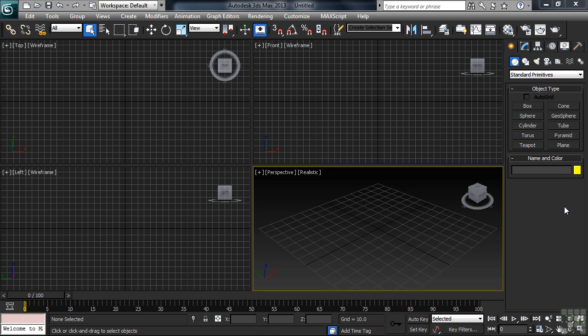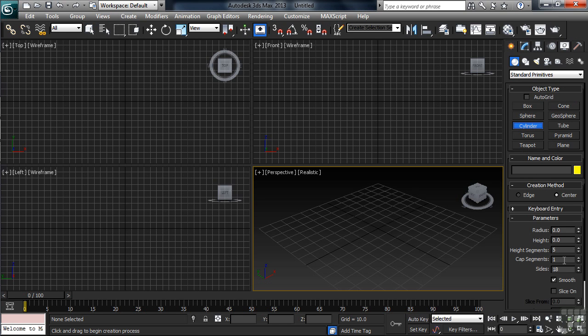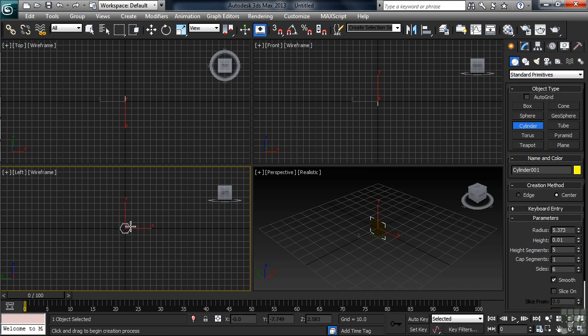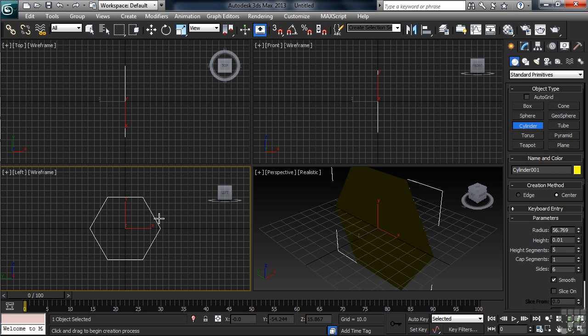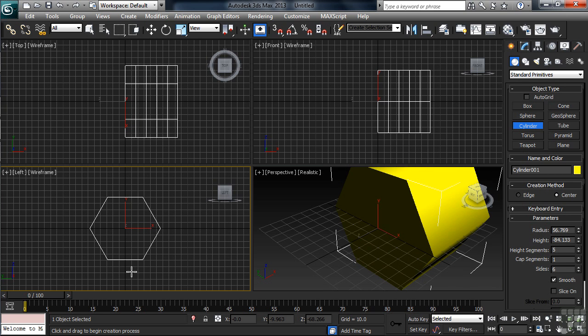Now, most pencils have a body that consists of 6 sides. So over in the right-hand column, let's activate the cylinder command, then right away change the number of sides to 6. I'll now head over to the left-hand view, beginning to draw my object in the middle of that window. Now, frankly, I'm not all that concerned with the overall length of my object. As long as I can get it on the screen, I can then go adjust it over in the Modify